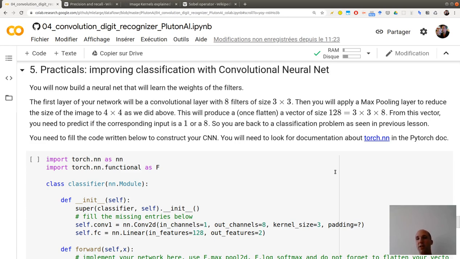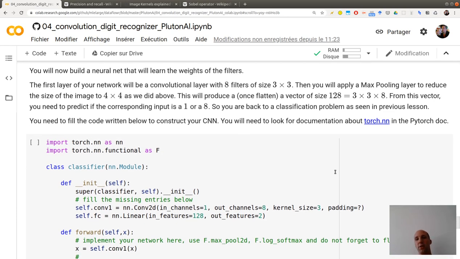Then you will apply a max pooling layer to reduce the image of size 28 by 28 to an image of size 4 by 4. And then you will produce a vector of size 128. Okay, sorry, there is a mistake here. This should be a 4 by 4.